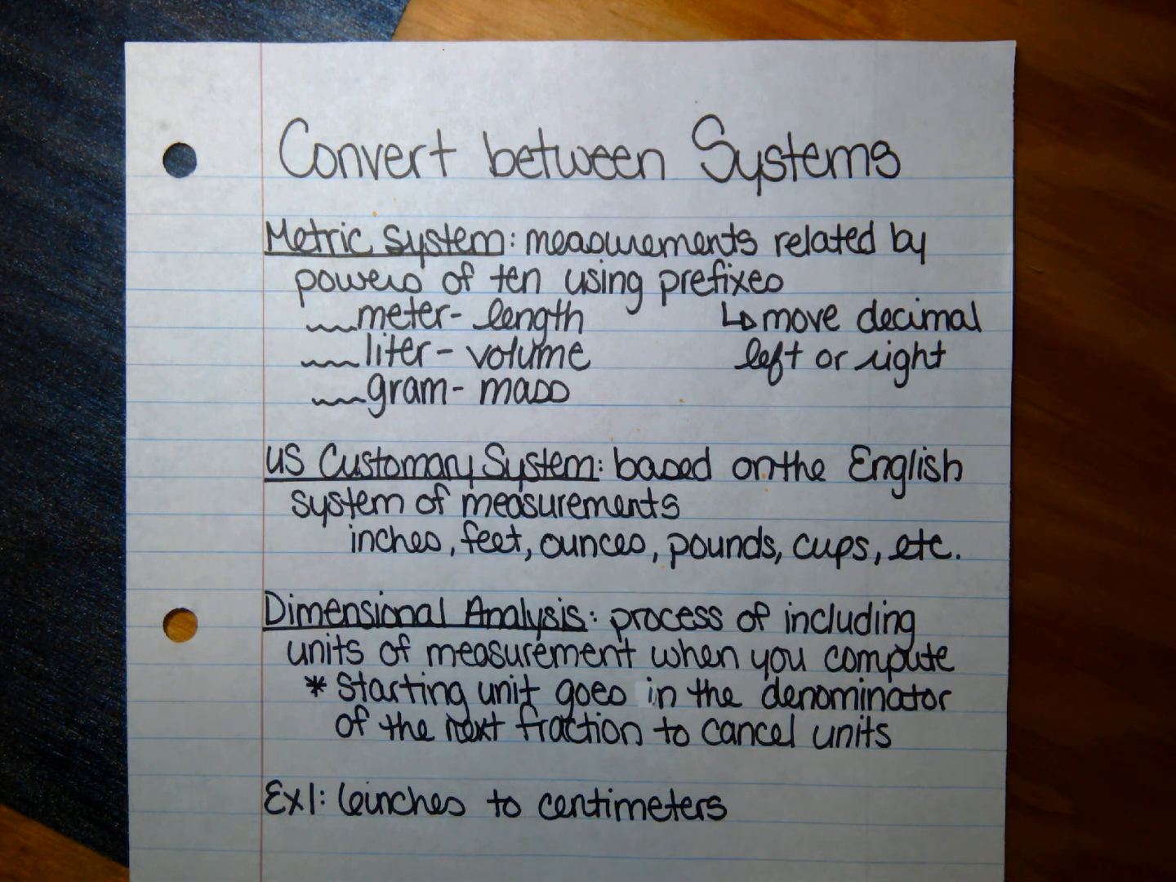Converting between systems. So we have two different systems that we use on a daily basis. We have the metric system, which is when measurements are related by powers of 10 using prefixes. So when you're using the metric system, you're basically just moving the decimal to the left or the right to convert between different units. So for length, we use meters, for volume, we use liters, and for mass, we use